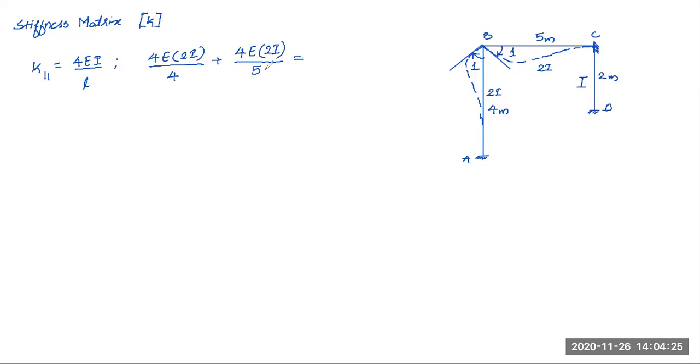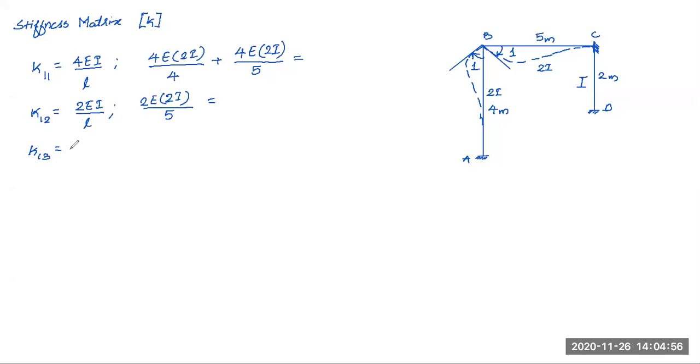So what this comes out to be, and at the same time, if I go for finding the force in the second coordinate, that will be K12. It is given by 2EI by L. So it will be 2E into, for member BC, 2I divided by 5. Okay, so what this comes out as, and in the third coordinate, K13,